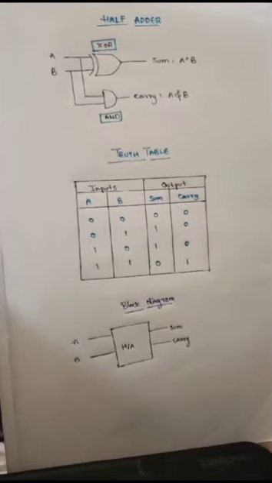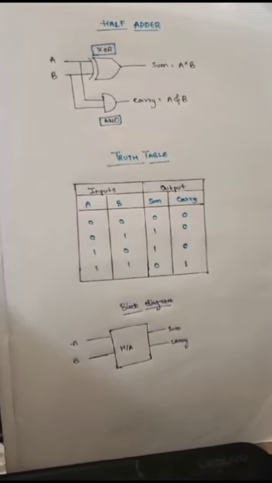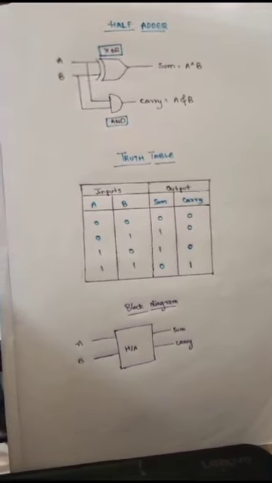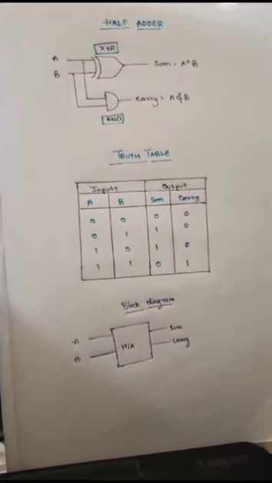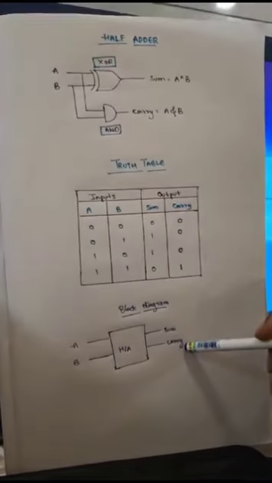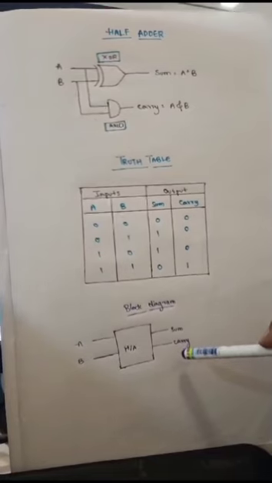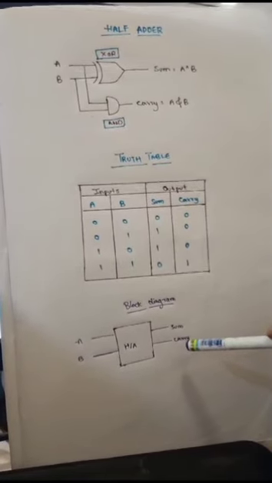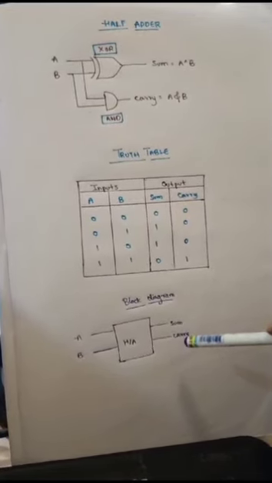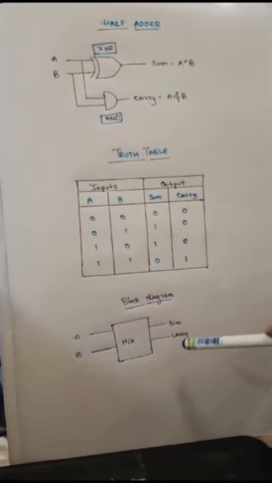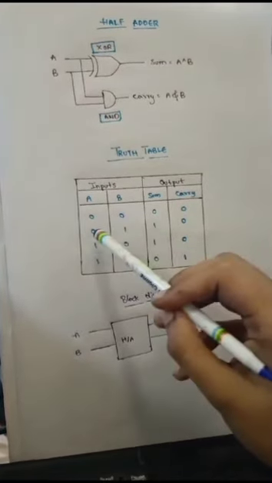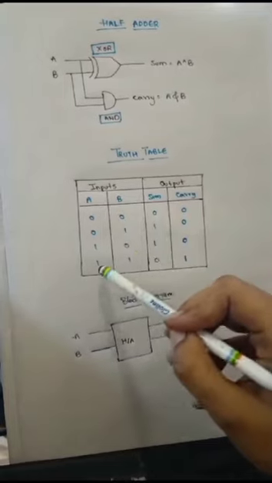Today's video is about the half adder. A half adder is a logic circuit that adds 2 bits and gives the results on output lines as sum and carry. Let A and B be the inputs, and sum and carry the outputs. Since A and B can take the values 0 or 1, the total number of possible input combinations is 4. That is 00, 01, 10 and 11.